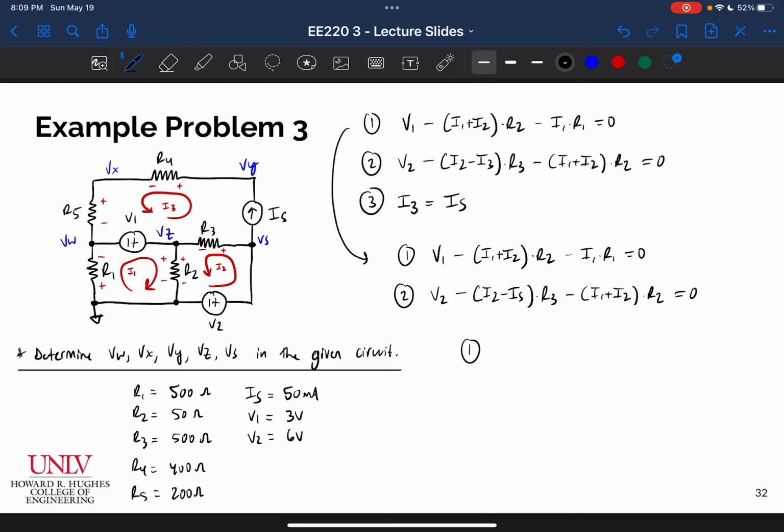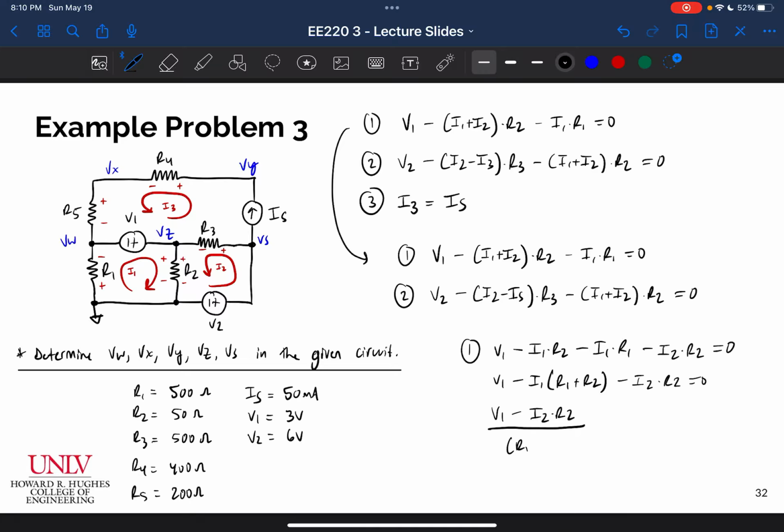So let me just rewrite equation 1 again. Here, I'm going to write it as V1 minus I1 times R2, then I have another I1 term here, minus I1 times R1, and then I'll write minus I2 times R2 equals 0. I can obviously group my I1 terms now. I get minus R1 plus R2 here. That's going to be minus I2 R2 equals 0,